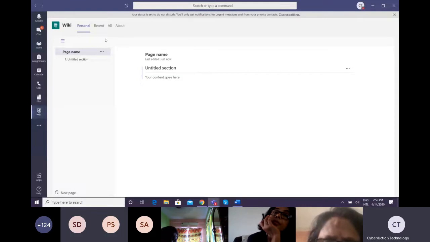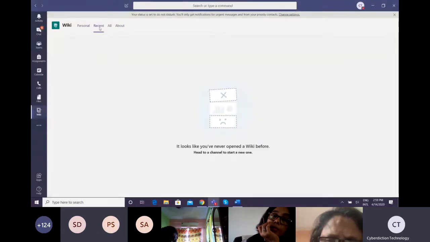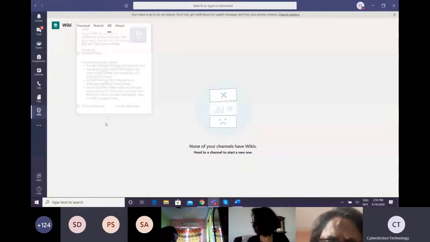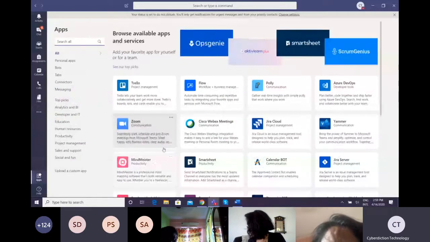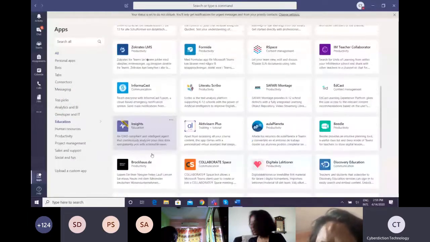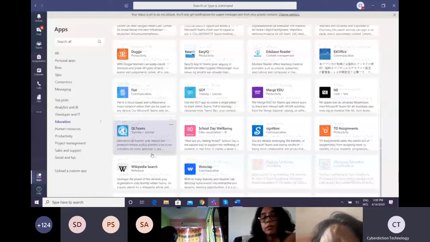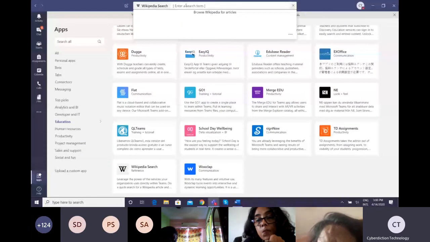If you want to search anything, let me go to this particular app, select Education, and under Education you will get one particular Wikipedia search option. So click on open, and the search option will open.